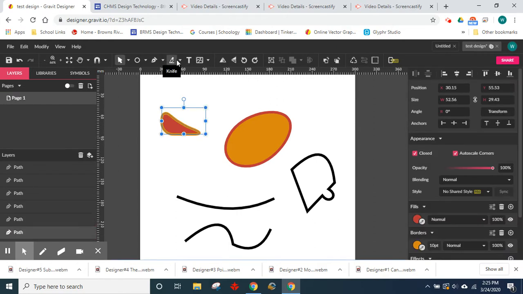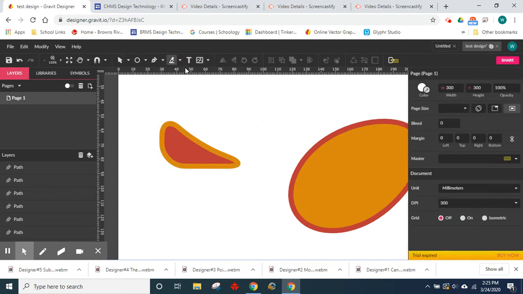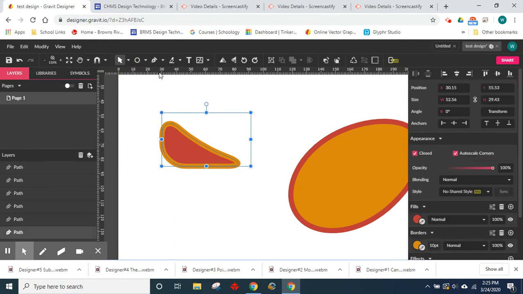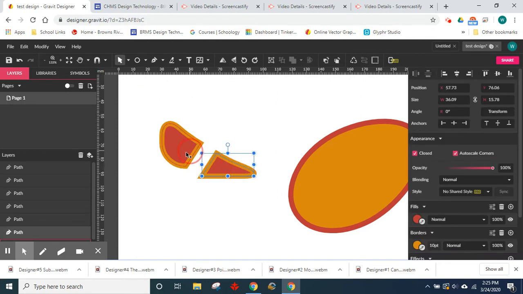The knife tool, quickly how this works, pretty fun tool actually. What you can do with the knife is if you grab a knife and you select a shape. Oh, wait a minute. In order to use the knife, you have to have the shape selected. Take the knife and then you can slice through it. And then what it does, which is kind of fun, is it makes that shape into two parts. So I can sort of cut it